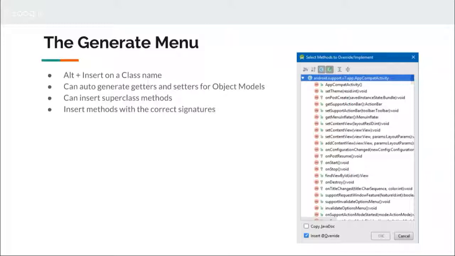And finally, the last thing I think is really useful in Android Studio is the generate menu. We already used this for Butter Knife, but Butter Knife is a plugin. The generate menu has many other functions. You access it by the alt insert combination or right click generate. For example,